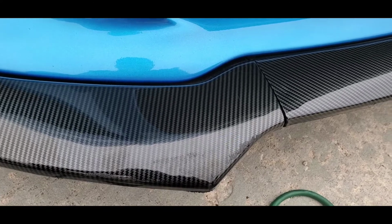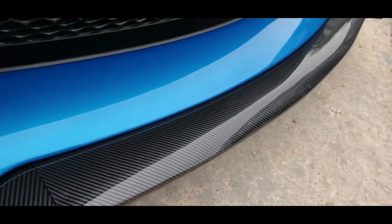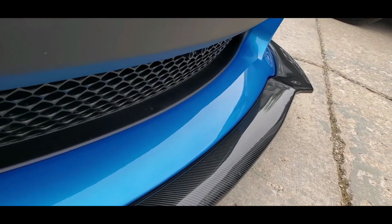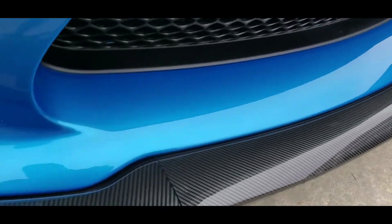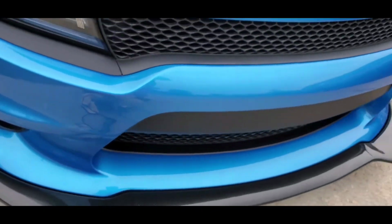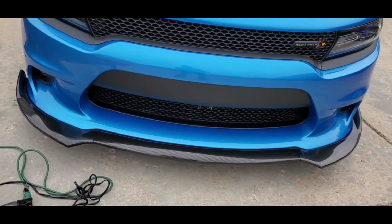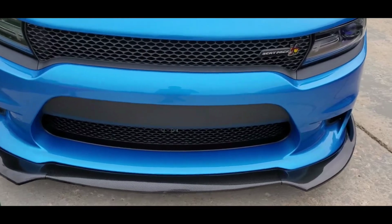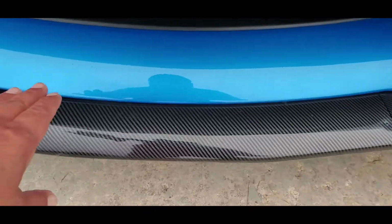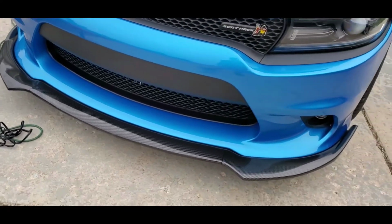So this plastic carbon fiber look front splitter got damaged. Good thing it's pretty cheap, and there was a purpose for why I installed this, because as you know, this car is lowered and this part always scrapes the front. This area always scrapes, so it kind of protects it in parking blocks and